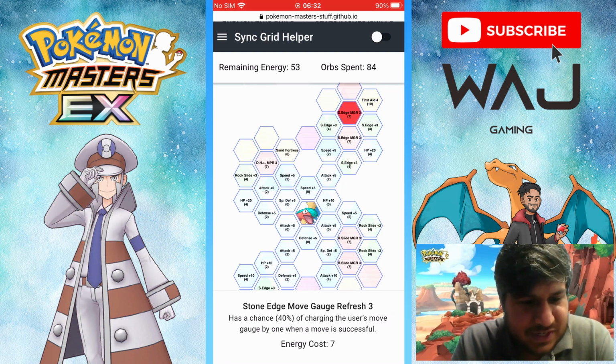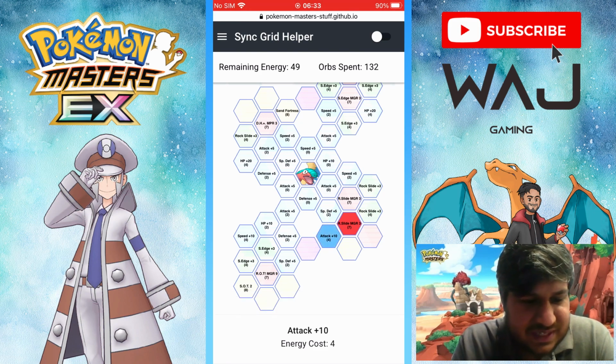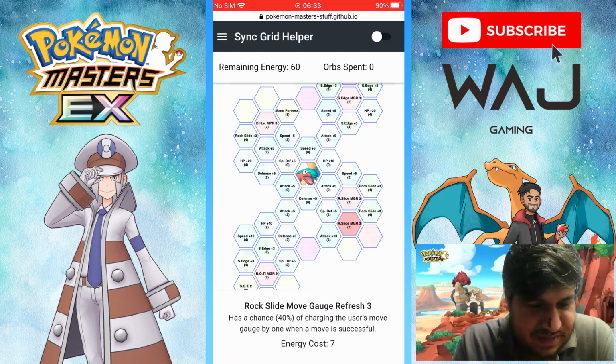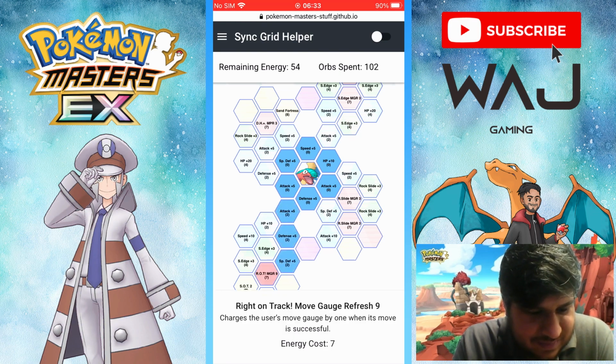We've got another Stone Edge move gauge refresh and another Rock Slide move gauge refresh. I think you only need one. If you want to go for both of these, you only need one of each. You don't really need it. But let's check. If you were to do a grid at 2 out of 5, I would definitely go for